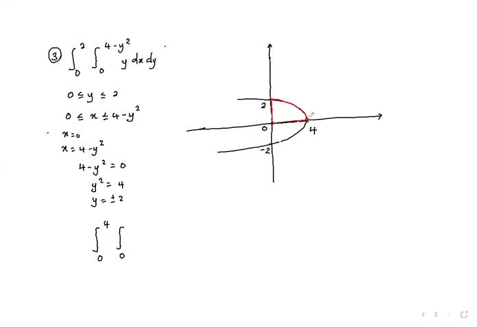Now the curve, we must be careful. We want the curve to be y squared equal to 4 minus x, and then we get the root. So this is going to be y equal to plus or minus the root of 4 minus x. So the upper part is going to be